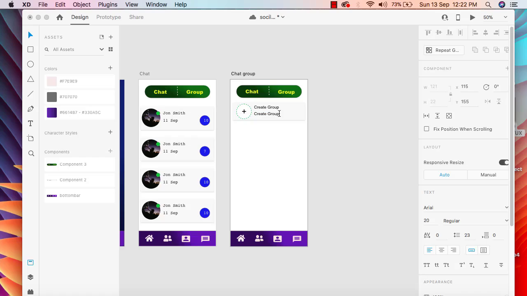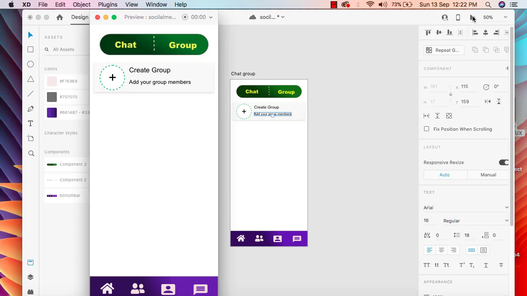and we can also say here add your group member, and we need to change the font size here. I can add here 16, and let me run it. So it looks pretty good, and if you want we can also change